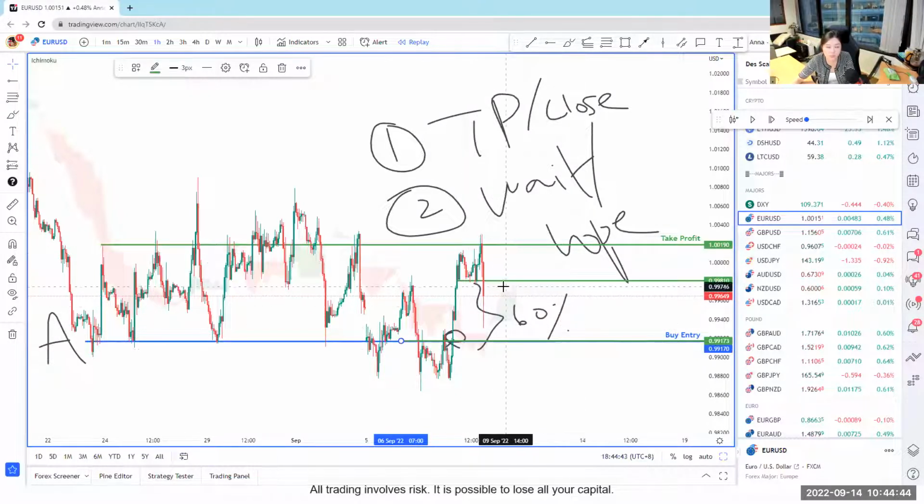Instead of taking a 60%. So it's depending on what kind of trader you are. You can take partial profit or you can move up your break even point, or your stop loss. You can even move your break even further. So maybe at this point in time, for example,